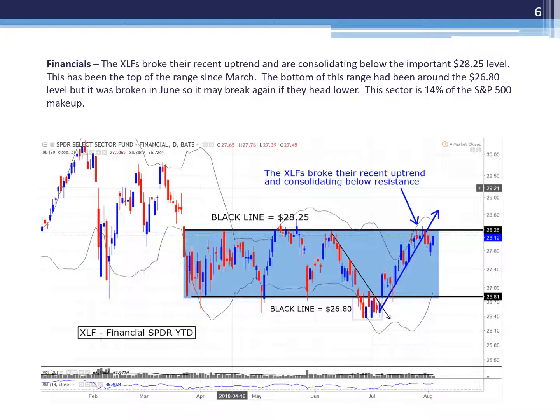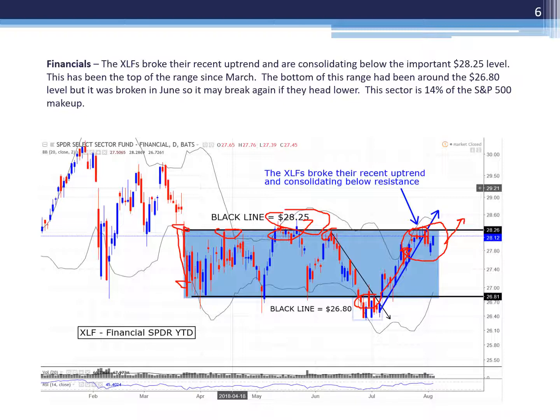And this is what I mean here in the financials. So you can see this 28.25 level has been important, right? It was resistance here, resistance here. It was a level which this big sell-off started from. It was resistance here. So anyway, since we got to this low, it's been rallying, trending higher, but then it got to this level, and now it's consolidating after breaking its uptrend. So like I said, if the XLKs can hold the 72 level, and if this thing breaks above this 28.25 level, I think we could see some upside in the broader markets, specifically the SPYs,